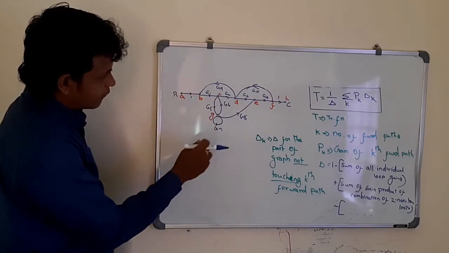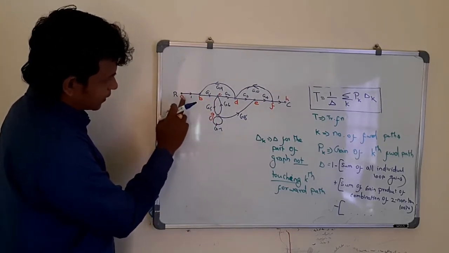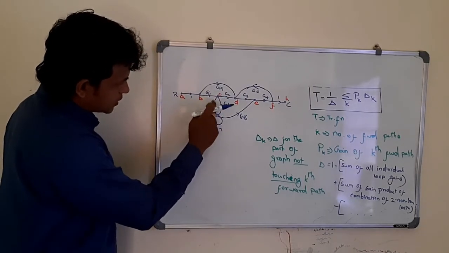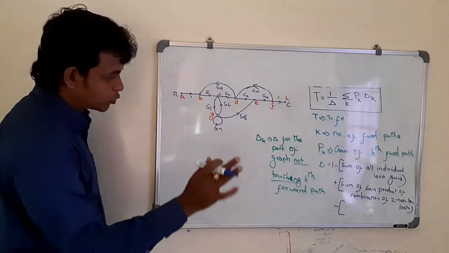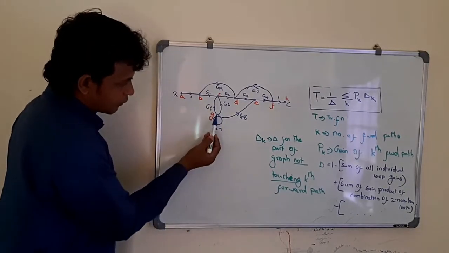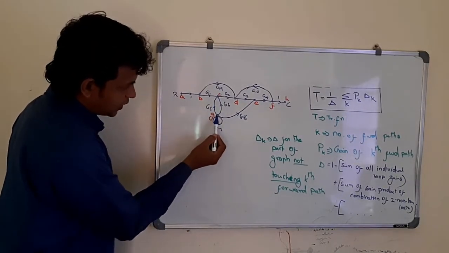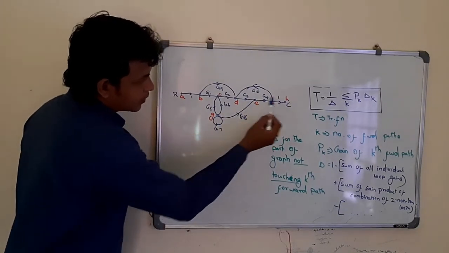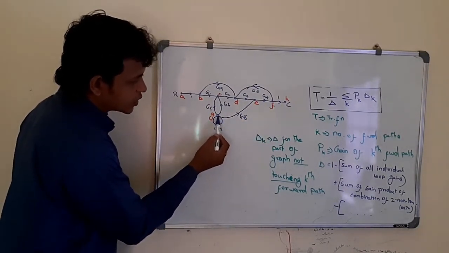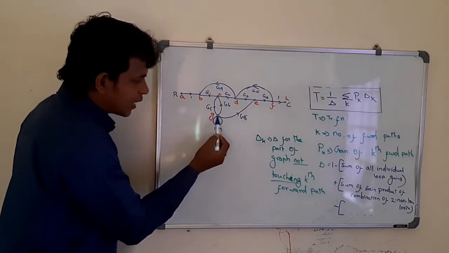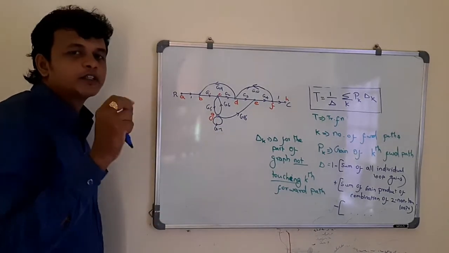This is another forward path. Do we have any other forward path? Can we consider this path: A to B, B to C, C to G, and again this one like this? No, it cannot be considered. It should not be considered like this. So we cannot consider this path from C to G and then this loop, and from G again to E. So this path cannot be considered because this is not a forward path. This is a loop.